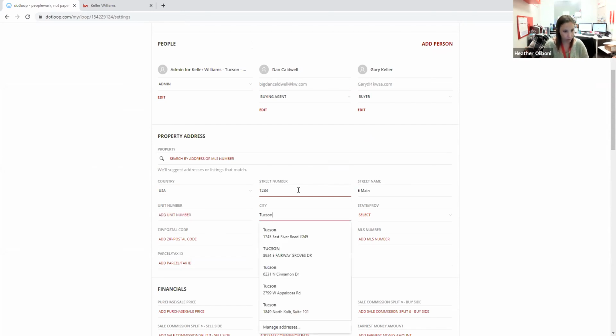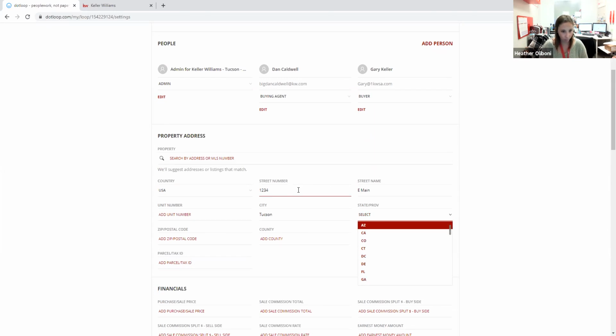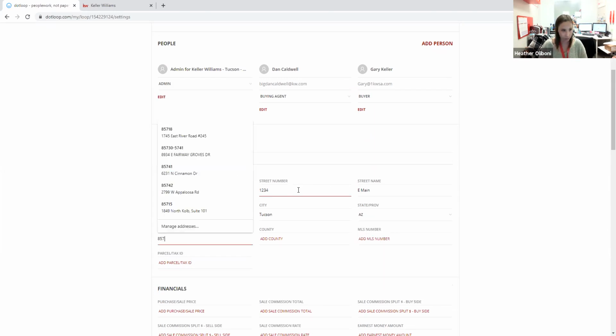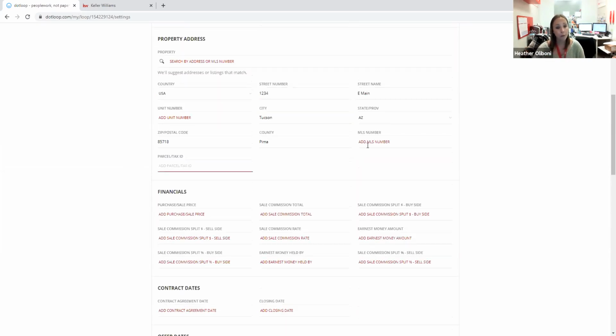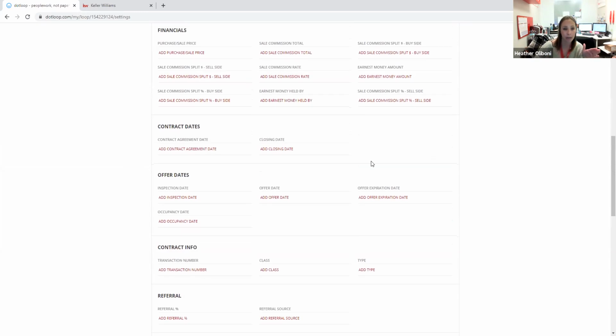And it's going to be in Tucson, Arizona, 85718. It's in Pima County. If you have an MLS number, you can also put the MLS number in here and/or the parcel tax ID. Any and all information that you fill in the details section can potentially help you with your autofill in